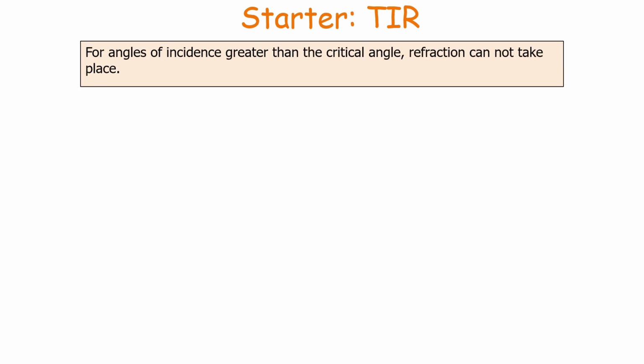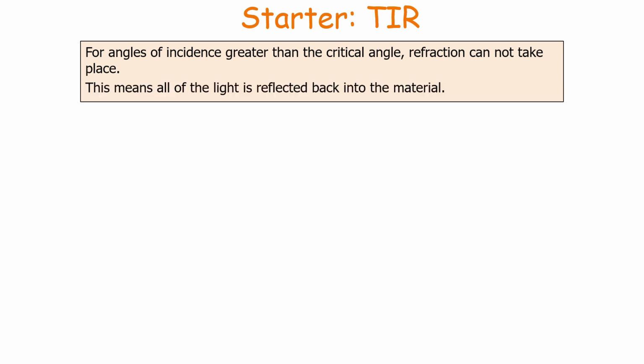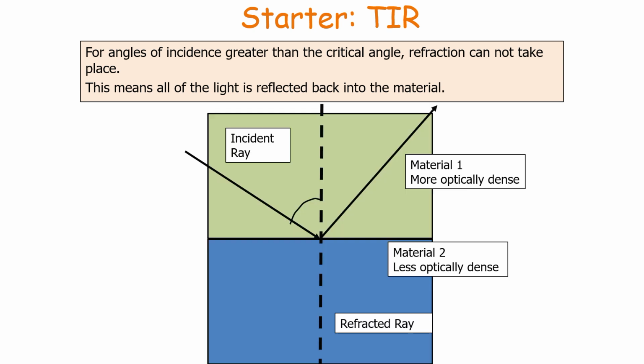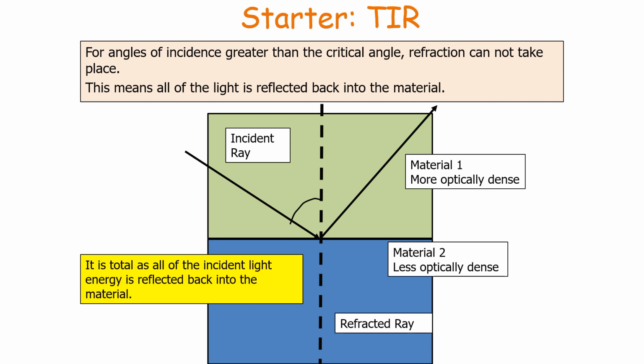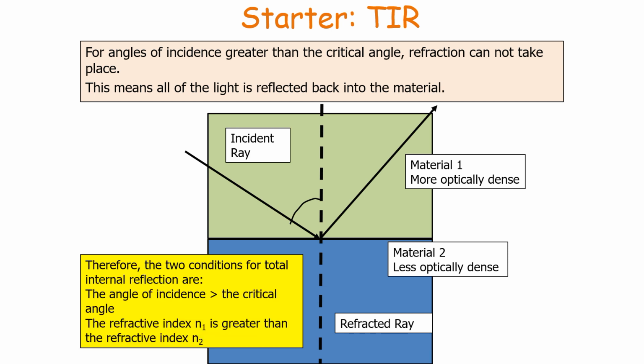Now for angles of incidence greater than the critical angle, refraction cannot take place. So this means all of the light is reflected back into the material, as shown in this particular diagram. Now this is called total internal reflection. This is total because all of the incident light energy is reflected back into the material. Now there are two conditions for total internal reflection. The angle of incidence must be greater than the critical angle, and the refractive index n1 must be greater than